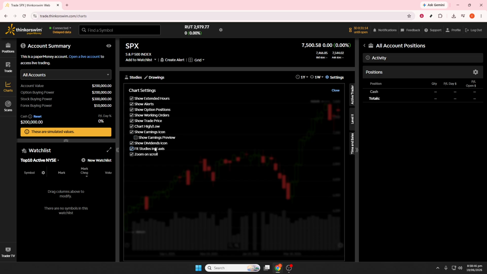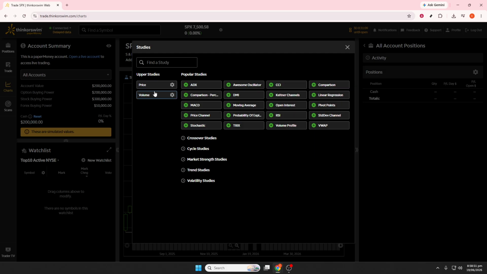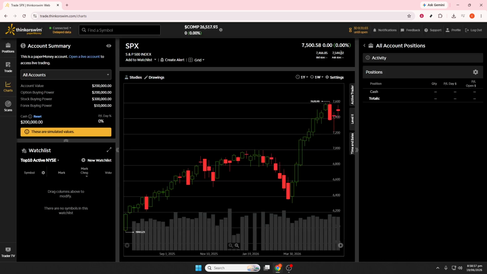To make volume even easier to interpret, add average volume to the chart. Click Studies, then choose Edit Studies. In the search box, look for volume AVG or a simple moving average applied to volume, then apply it to your chart. This gives you a baseline so you can compare current activity to what's normal. For example, if average volume is 1 million shares and current volume is 3 million,